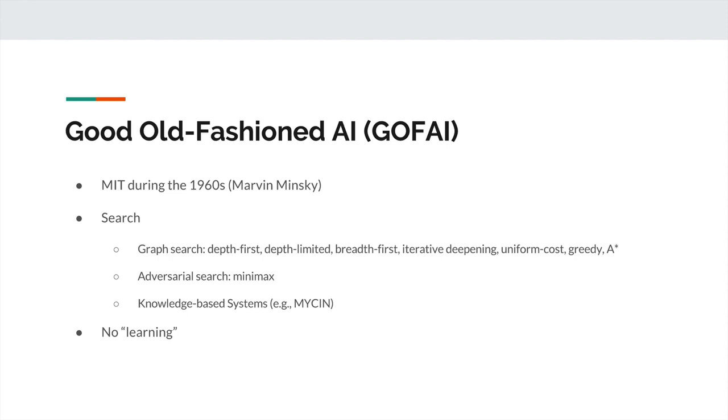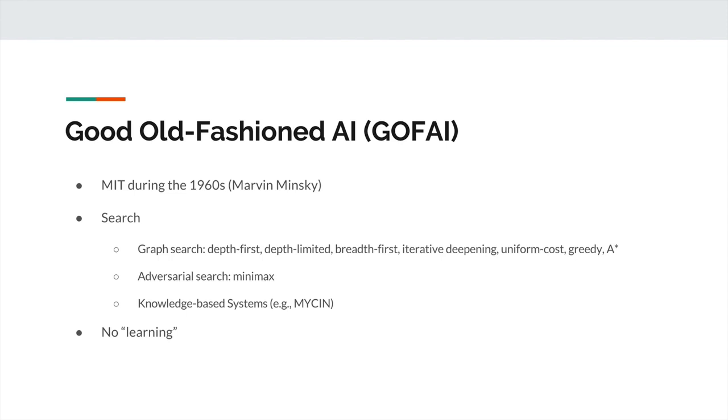There's really no learning going on, because in these good old-fashioned AI systems, you're actually just enumerating all possible states, like the thing we were talking about with programs, and then you're just searching. Searching isn't really learning, and we'll see this in the next slide. They had different kinds of graph search, and then they had adversarial search, which was particularly useful for playing games like Pac-Man. If you remember Pac-Man, there's a little Pac-Man character, and he has to eat all the pellets while trying to avoid the ghosts.